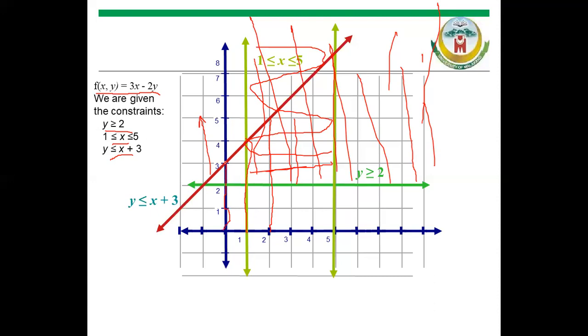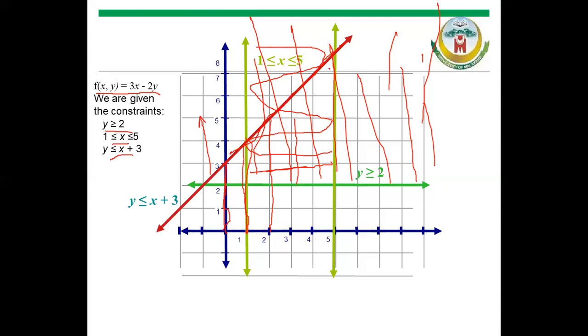Okay, y is here. Y should be less than or equal to x plus 3. So at this position y is 3 and x is 0, so x plus 3 is 3. So 3 is less than or equal to 3; y is 3 and x plus 3 is also equal to 3. Now here, x plus 3 at this point is equal to 4, and y is also equal to 4. So when we take this constraint,